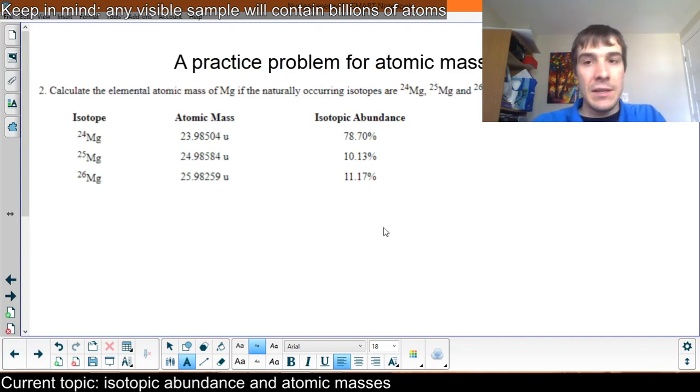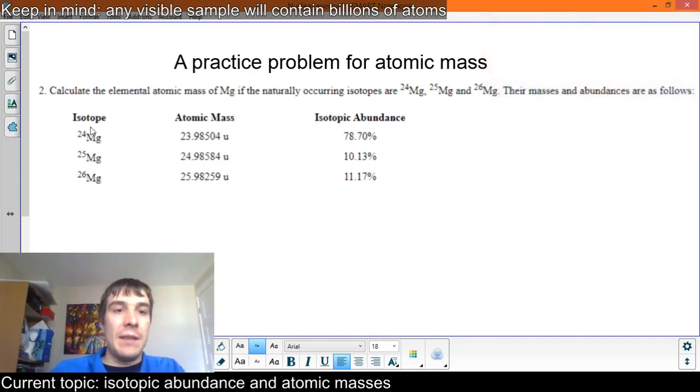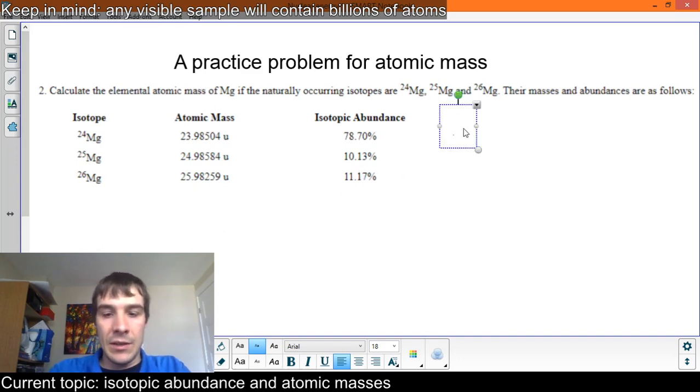Let's do a practice problem. Let's actually do one together. Here's the masses and the abundance of different isotopes of magnesium. We have 3 isotopes, 24, 25, and 26. Most of the magnesium is magnesium 24, but there is 10% 25 and 11% 26. So the first thing I like to think of is, where do I predict this magnesium is going to sit in terms of an atomic mass? Well, if it's mostly 24, we expect the mass to be pretty close to 24, but the other two are higher up, so it's going to be,